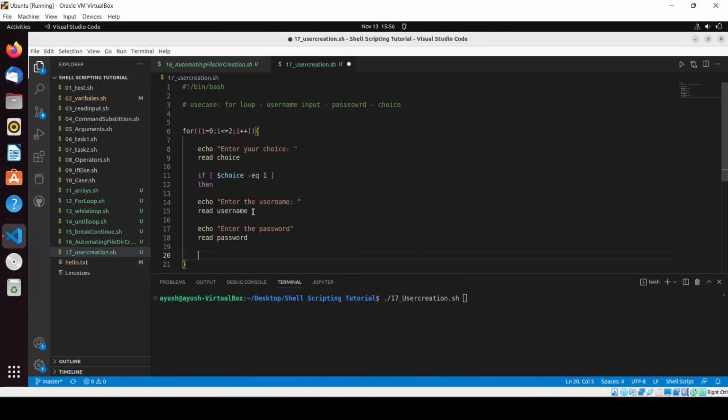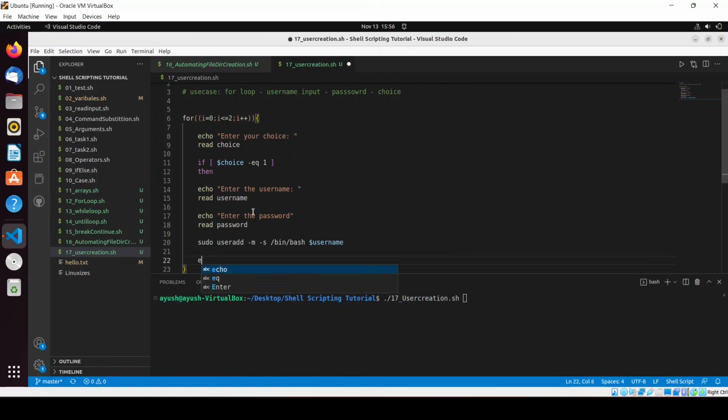The command that we use to add the user is useradd. Then we will use sudo useradd, and we will provide -m -s /bin/bash. Okay, and the username. So username is this one, in which we have stored the username. And then we will pass the password, because chpasswd takes two parameters. So I will pass it like this: $username